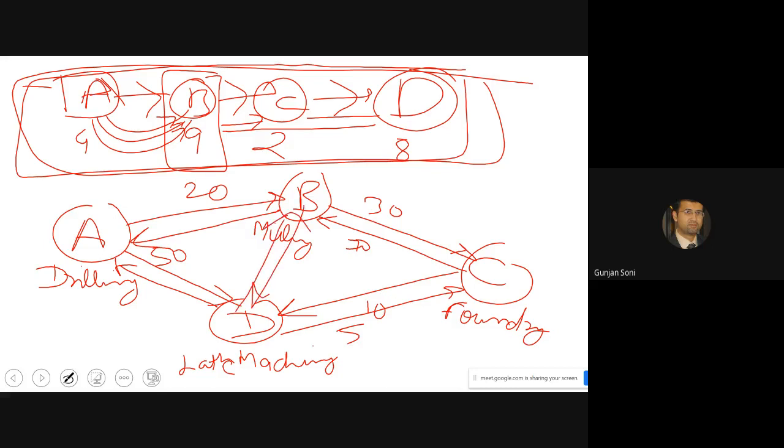So we can always find out among which workstations there is a maximum movement. Like we can see over here, if I'm saying 10 over here, 5 over here, some numbers I'm just randomly writing. So if we see 60 over here and 80, 100 over here between B and C. So we can take up B and C, and then we see 70 units of movement is happening over here. Can we reduce it with the help of method study? I hope you get that.